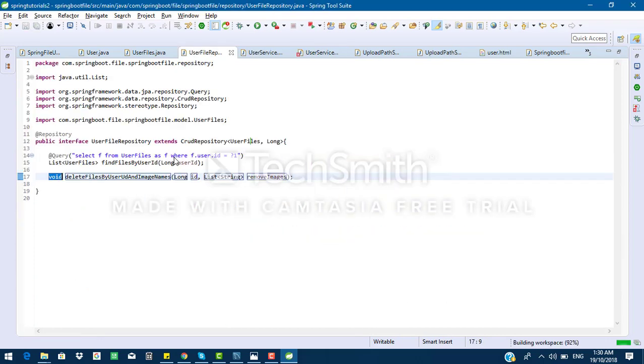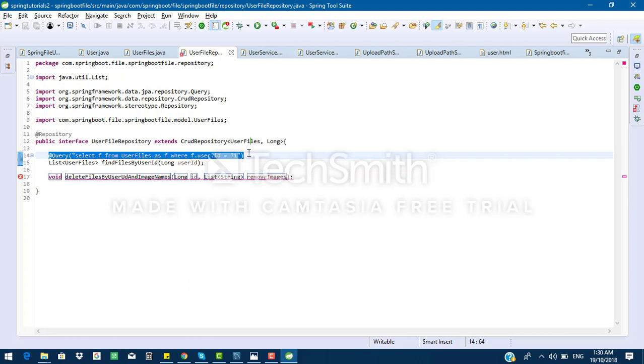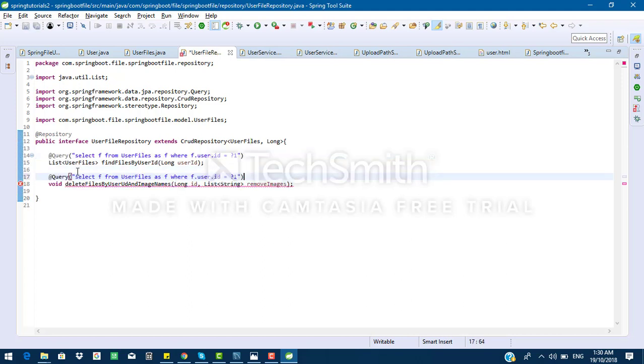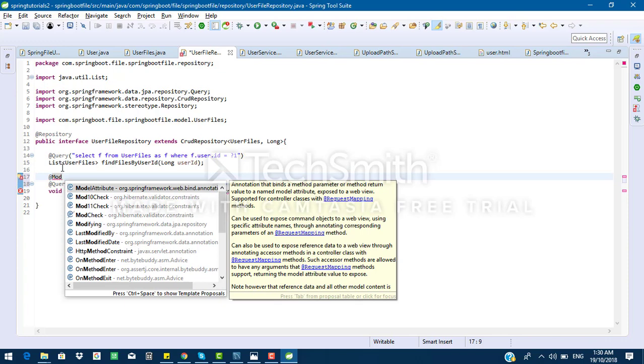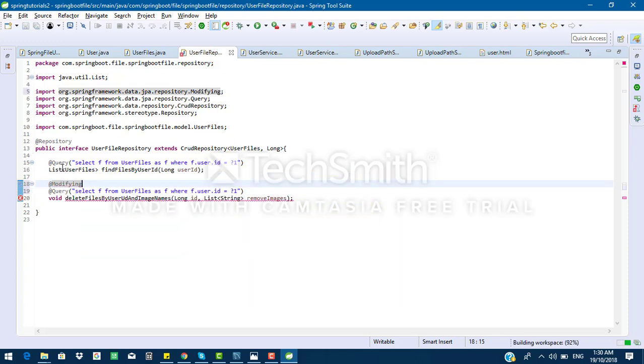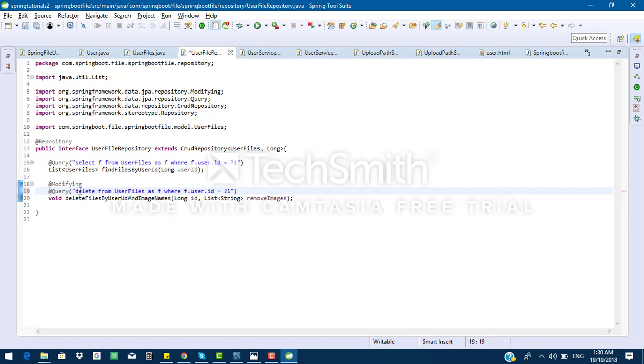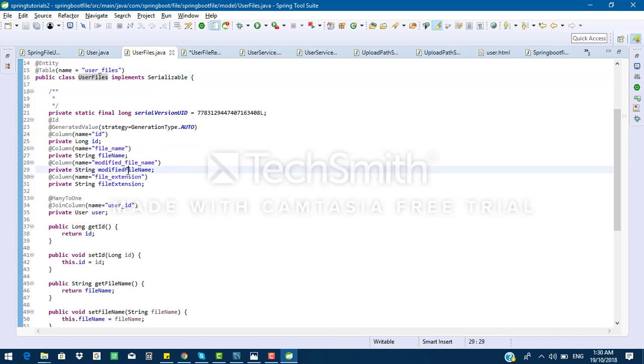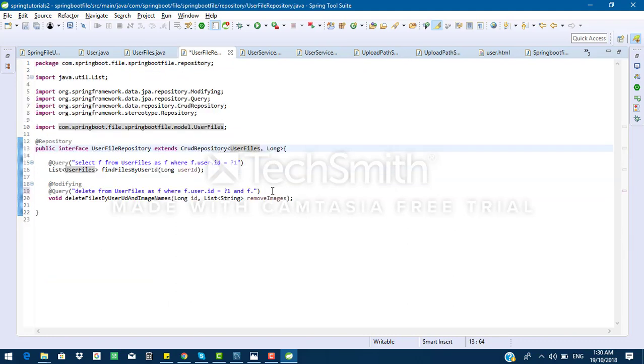Now I am going to create this method. I will take this one only. For delete purpose I need to write one modifying query. Modifying is required. Here I mention delete from user files as f where user id equal to :1 and this is the list of images. For that purpose f dot user file, that is the modified file name. Here I mention modified file name